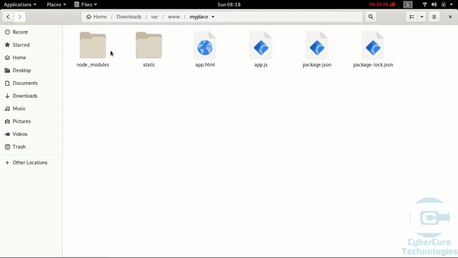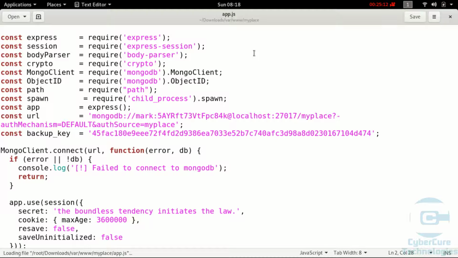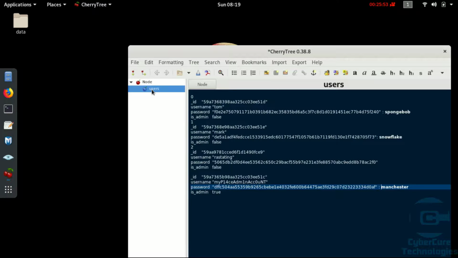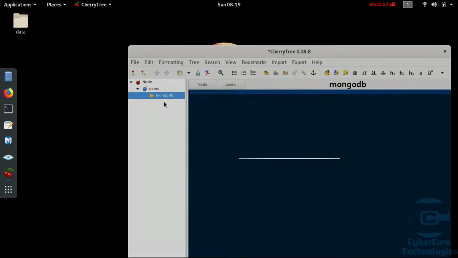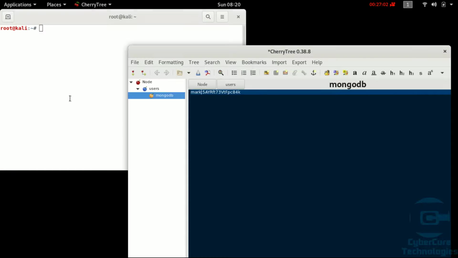I'll try to open app.js. It might have a connection string, and yes, you can see there's a connection string inside it for the user Mark. So let us write it somewhere. It is a MongoDB connection string, so I'll paste it. This is good. This might help. And I'll try to connect via this username on SSH, right?